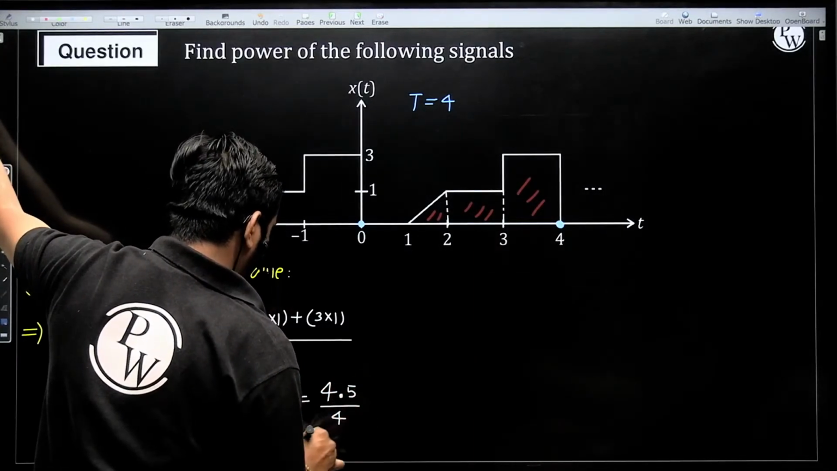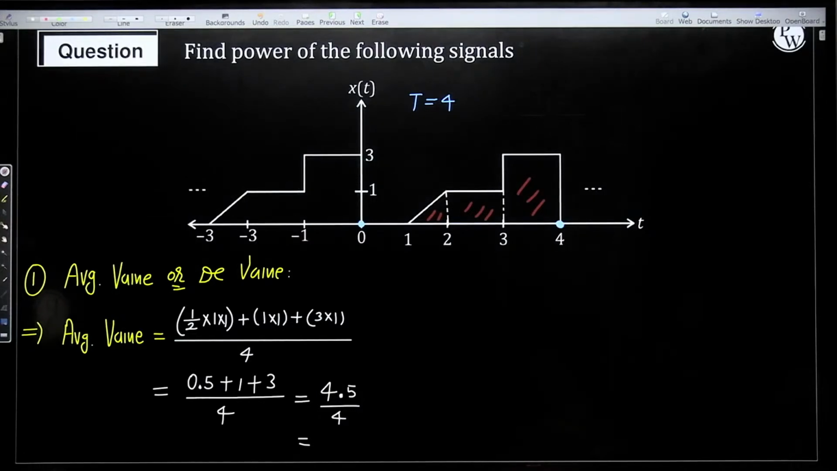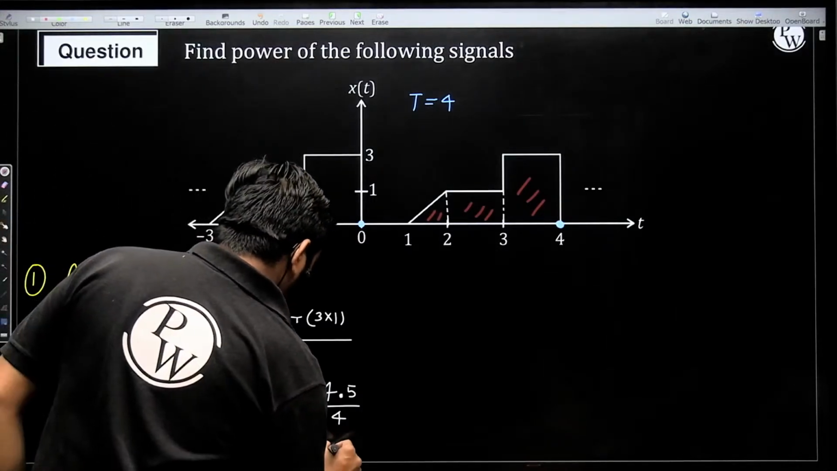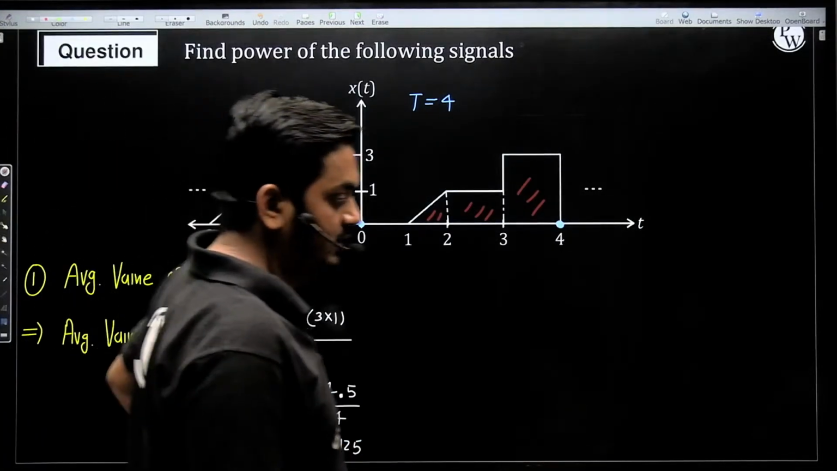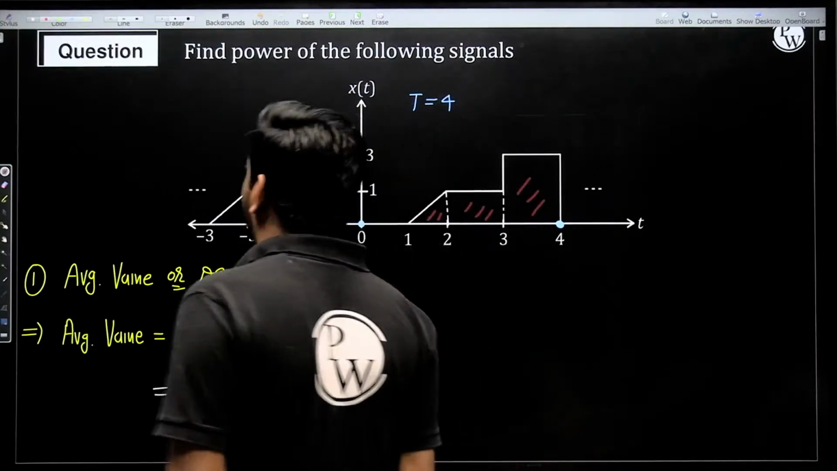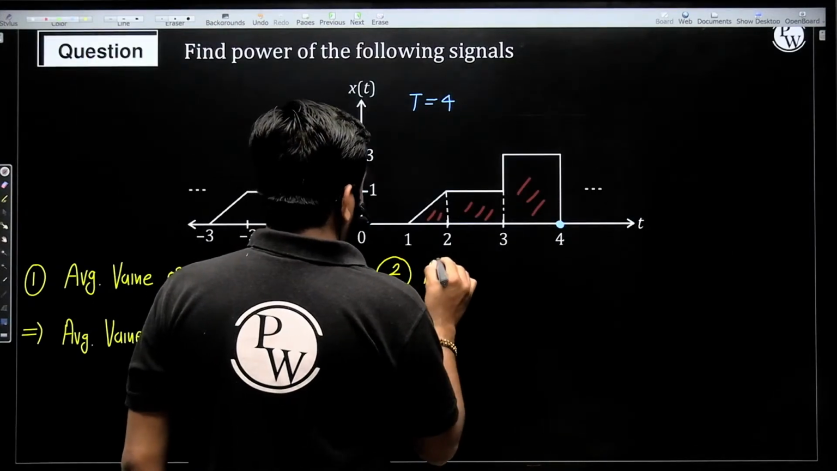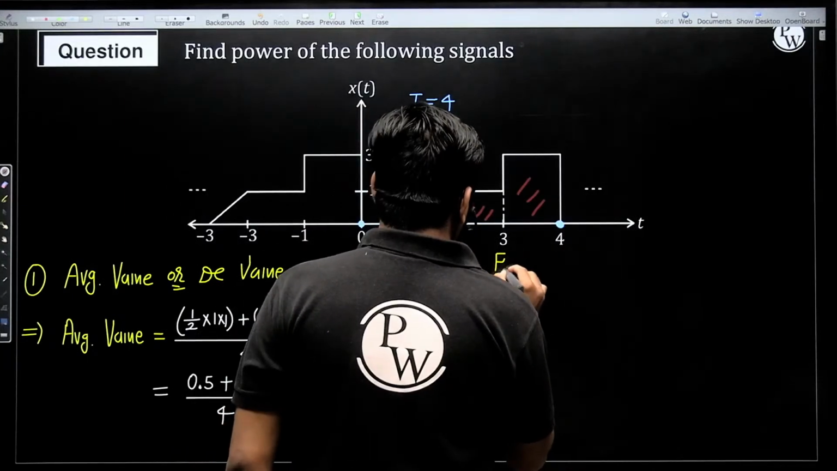4.5 divided by 4. It is nothing but, I think, 1.125 maybe. 4.5 divided by 4, 1.125. Yes, 1.125 is the average value. Clear? 1.125 is the average value. Fine? Okay. Now next is average power. Average power is the energy of x of t of one cycle